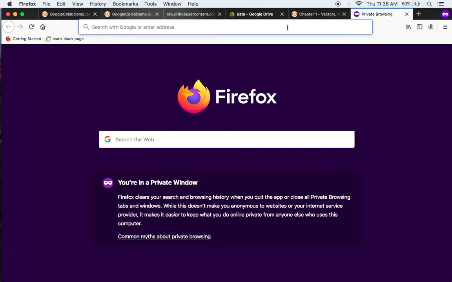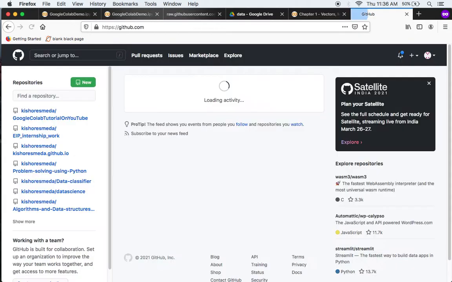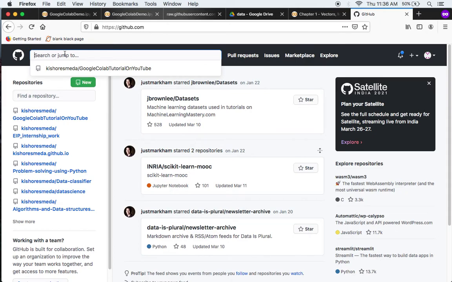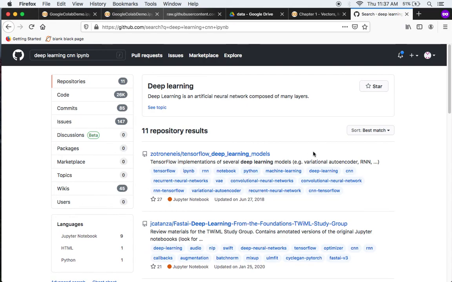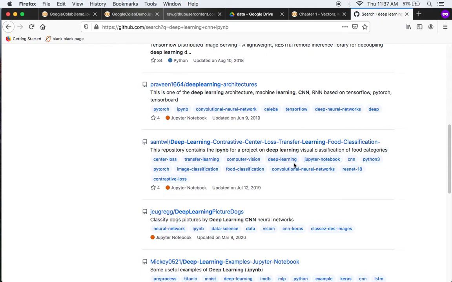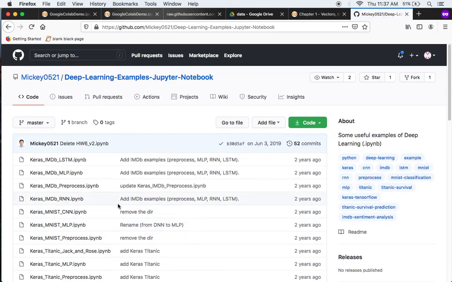Just go to GitHub and look for any Python notebook that you want. Say you want to search for deep learning CNN ipynb. Okay, let me open one of these. So deep learning example Jupyter notebook. Okay,